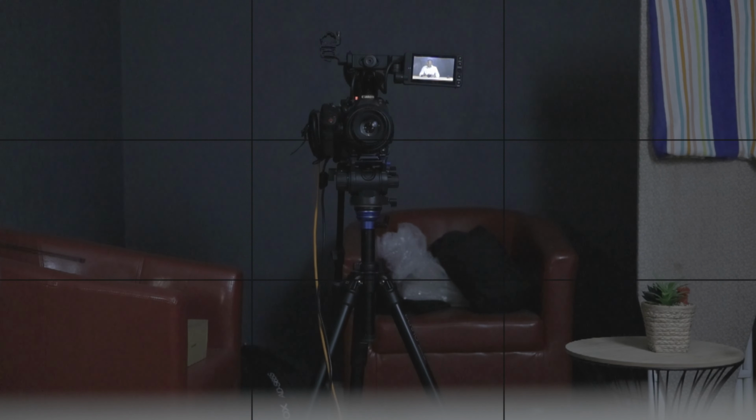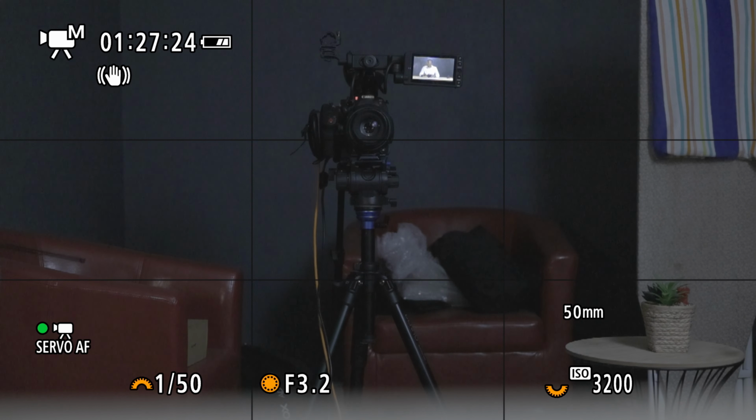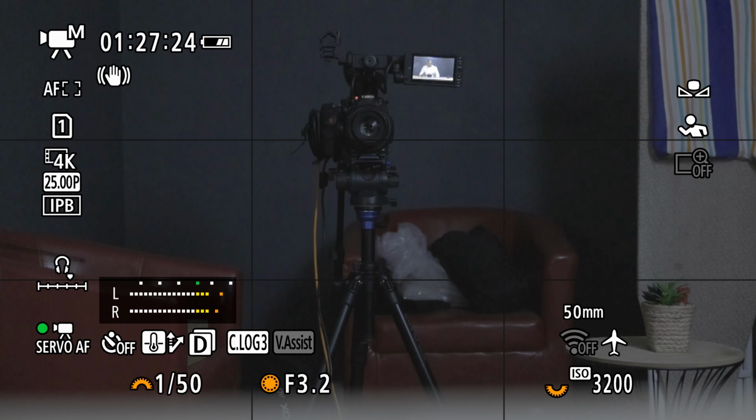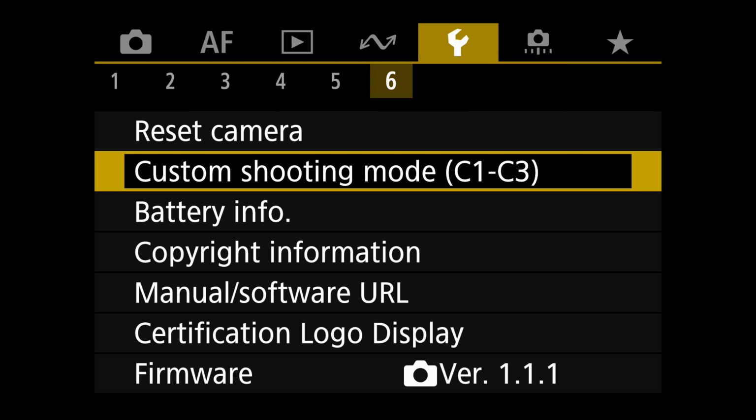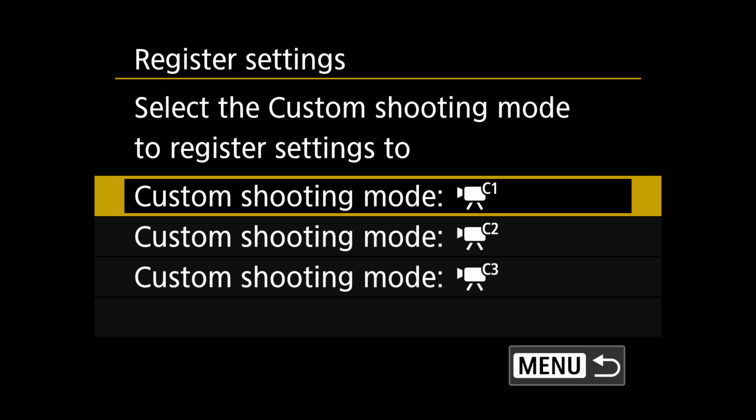But everything, even the layout of the screen, so if I press info, you can see my screen cycles through different things. Even the layout, you set it up and you finish. Then the next thing is I'm going to go on to saving this menu, and I'm going to choose C1. After saving this to C1,